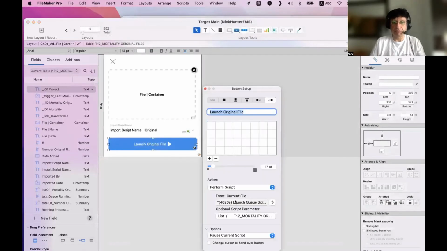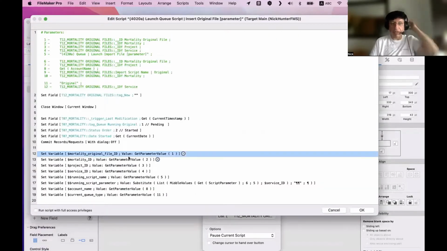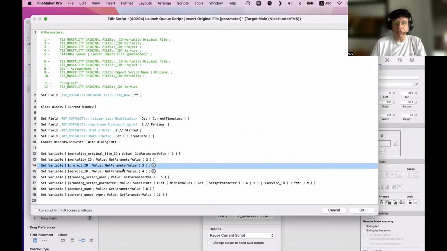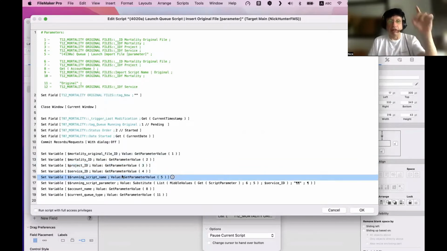This gets parameter value. So here I'm taking the first one, here I'm taking the second one, here I'm taking the third, the fourth, and the fifth. That's the reason I'm putting a number here, you know, because now it's easy. Oh, I have the get value. And for debugging, you can imagine when you have a complex script parameter like this, right? You want to give a number.